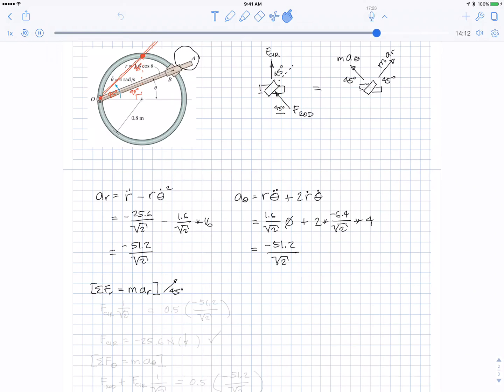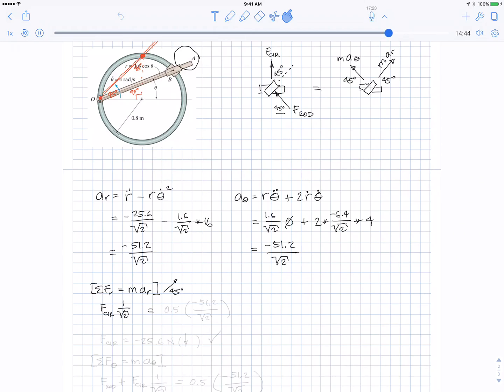And this is sort of why I can do problems quickly: you just think ahead like that. Okay, so doing the r direction, you get the force from the circle times cosine 45 degrees, which is 1 over square root 2. And there is no component of the rod force in the r direction, so that's nice. That's why we did it. And so that will equal